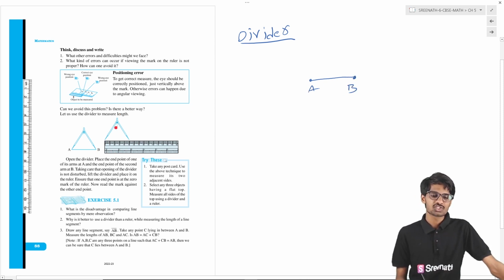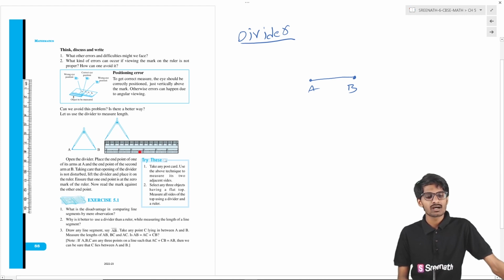We have to stretch the two arms of the divider and place the two sharp points of the divider on the line segment AB like this, students. So one arm's sharp edge at one end of the line segment, and the other arm at the other end of the line segment. After doing this, without disturbing the angle between them, just take the divider and